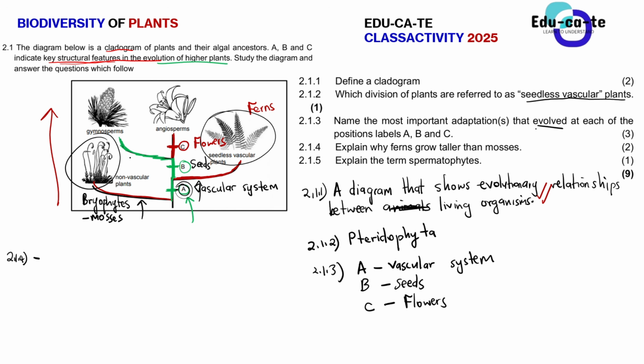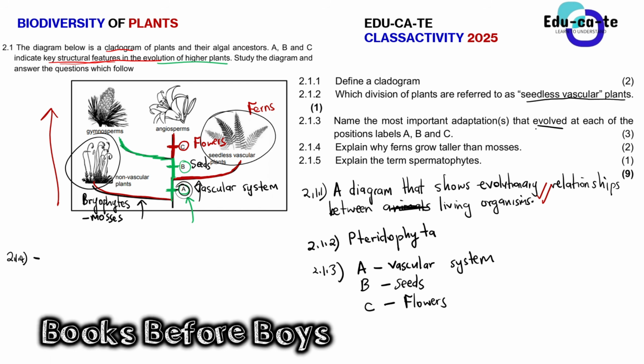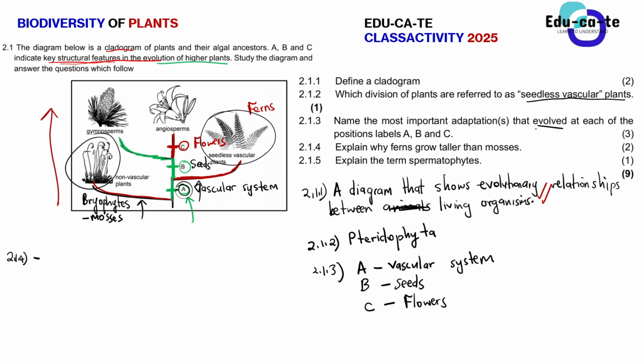So basically, we need to know that ferns have a vascular system. Remember that for a plant to be able to grow, it needs to get enough water and enough nutrients. And that can only happen if the plant has a vascular system. A vascular system, I repeat, you've learned this in grade 10, but I'm re-emphasizing it for you, is the xylem and the phloem. The xylem is used to transport water to the plant, because the plant requires water to live. The phloem is used to transport nutrients to the plant, because the plant requires nutrients and food to survive and become bigger.